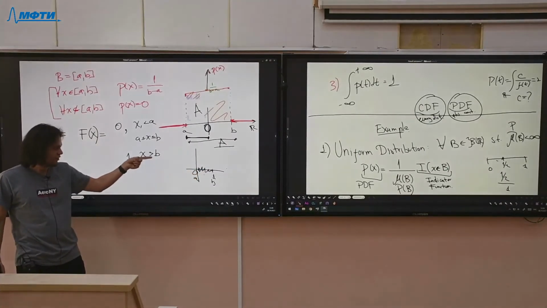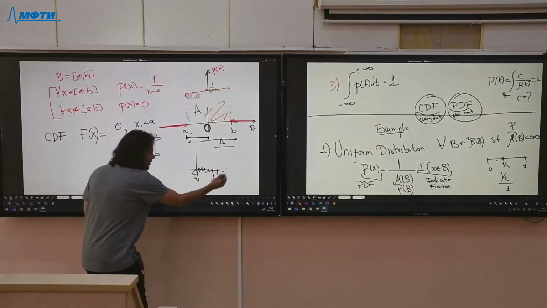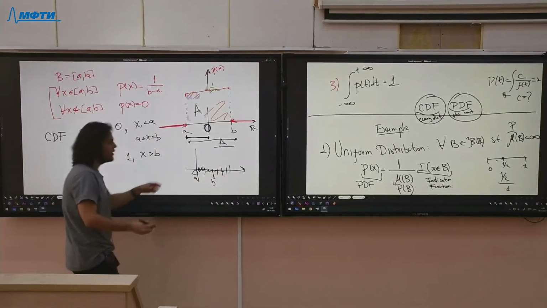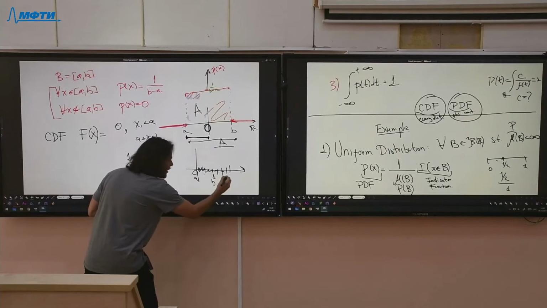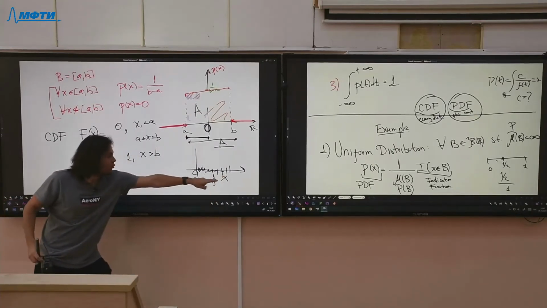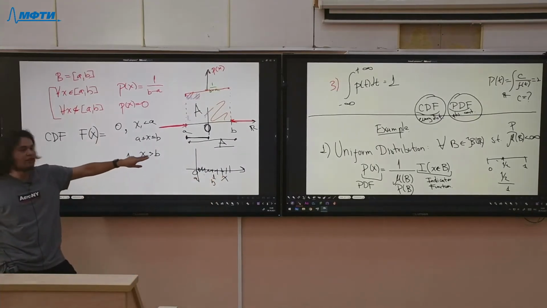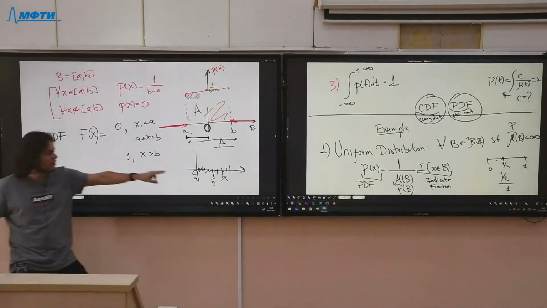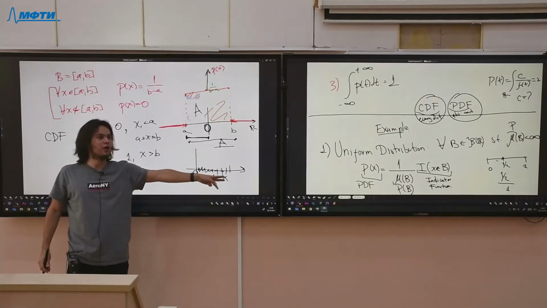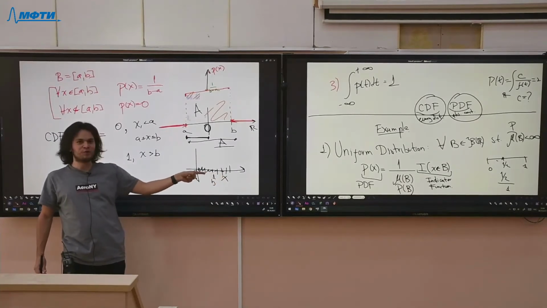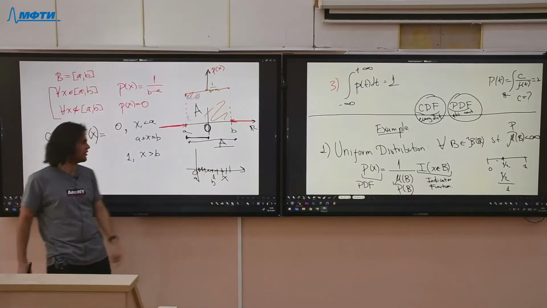So this is for any number. We have x greater than 1, so x is greater than b. What is the probability that we have a number less or equal than x? It's going to be 1, because all the numbers are from 0 to 1, right? Okay. Now here,